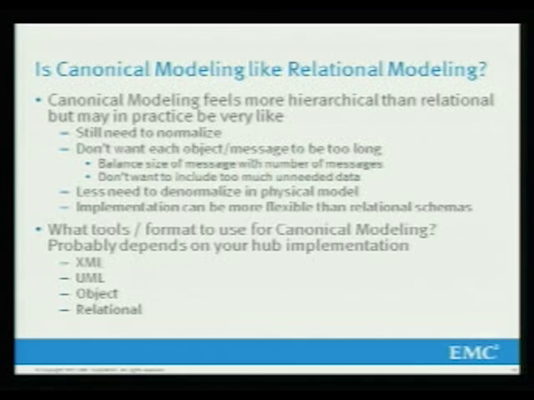All right, the canonical model does not necessarily have a mapping to a relational database. It depends on what the systems are that you're talking to. So if one of the applications that you're connecting has relational databases, potentially you're mapping to those relational databases. But what's preferable is that you're talking to the API of the application, not to the relational database. So it depends on what you have available in terms of the application you're talking to. Probably at some point you are talking to a relational database because it doesn't have an API. But